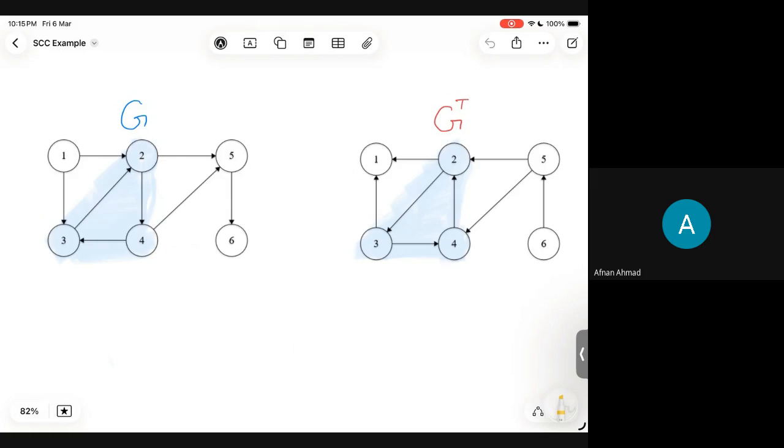The difference between G and GT is that G is the graph and GT is the transpose of it. What happens with the transpose? Transpose just flips every edge. So 1 to 2 was an edge, right? So here we have 2 to 1. Now, the way the algorithm works, one thing you have to immediately notice is that